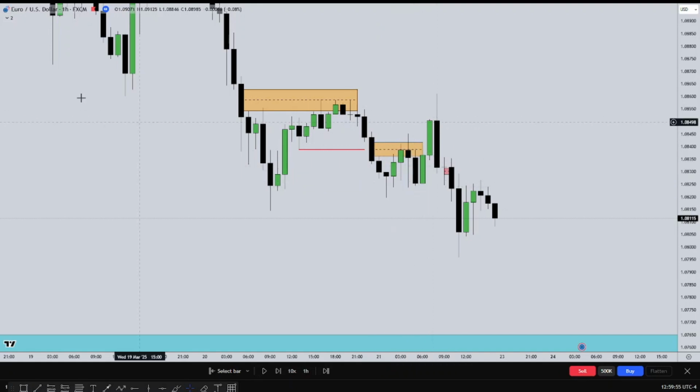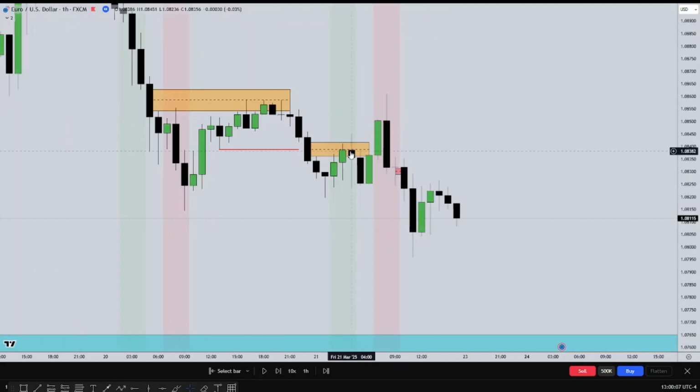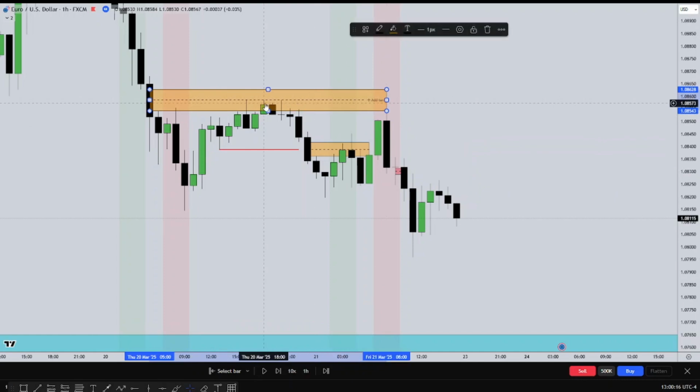So first, we're going to go to the London section, because when price traded to that fair value gap, it was during the London section. During the London section, price traded to the fair value gap, failed to run the swing low or even go for the previous day low, traded up, went back to the fair value gap high. Now, this fair value gap is somehow correlated with the 4-hour fair value gap, which I'll talk about in a bit. I just need to explain the trade setup I took during the London section